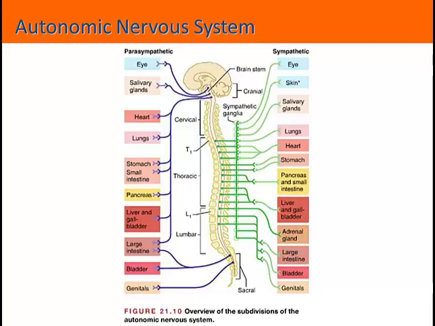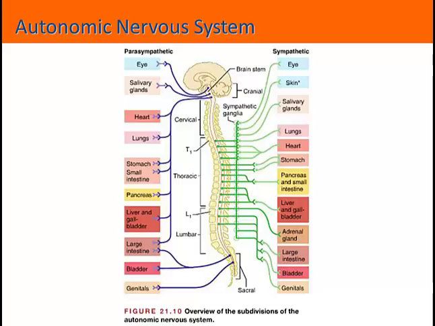Now turning your attention to the right side of the diagram, we see the arrangement of the sympathetic nervous system. The sympathetic nervous system originates in the spinal cord at levels T1 through L2, so thoracic through to the second lumbar spinal nerve. And their preganglionic neurons, as you see here, are very short. They travel only a few inches to the sympathetic chain or the sympathetic ganglia that are located just outside the vertebral column. And we'll speak a little bit more specifically about that next. From the sympathetic chain or from the sympathetic ganglia, the postganglionic neurons then extend all the way to the target.